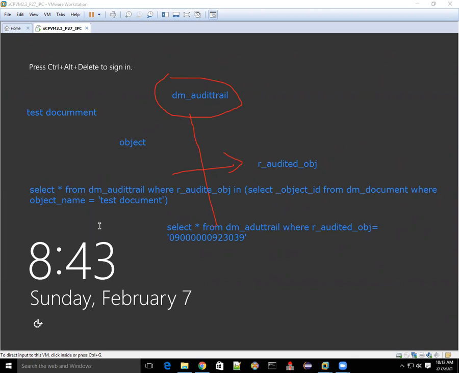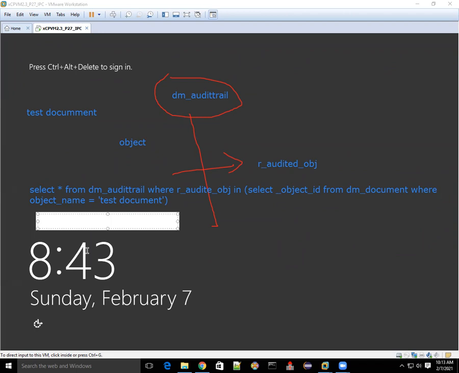He says, tell me all the history of a document that is uploaded by Krishna. Then what do we need to do? Then we'll write a query like this. The requirement is a little changed. He wants the history of all documents: select from dm_audit_trail where audited_obj_id in